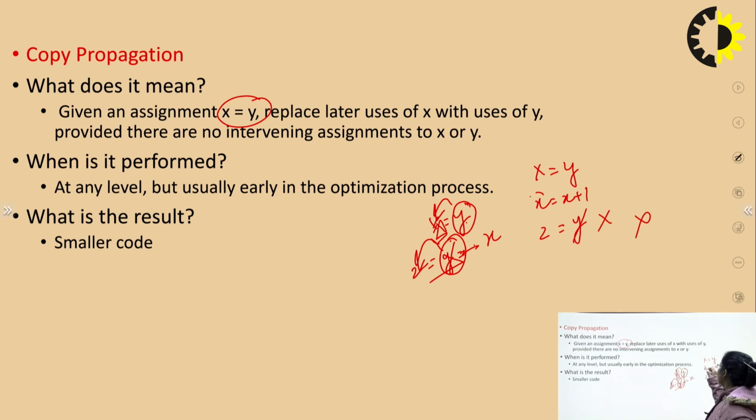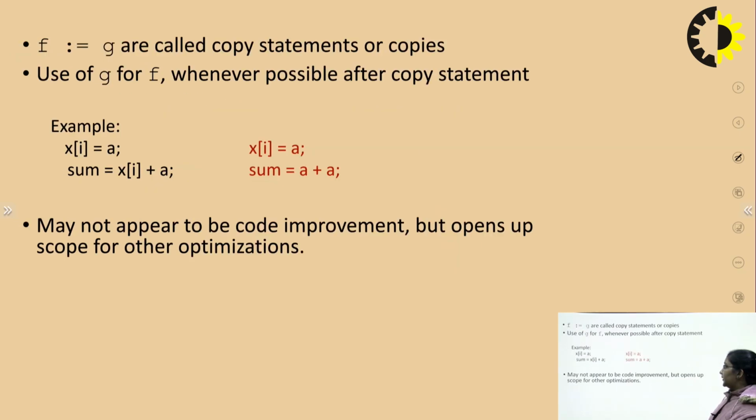Why? Because the value of x has been changed over at the statement. So, this is copy propagation. We have to clearly see that if I am using any variable in place of any other variable, then that value should be kept intact. The value should not be changed. So it can only be used for the smaller code only.